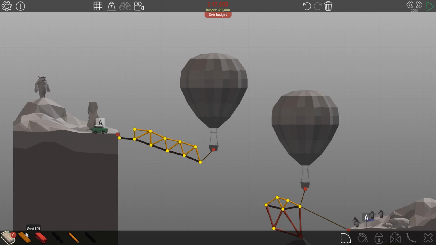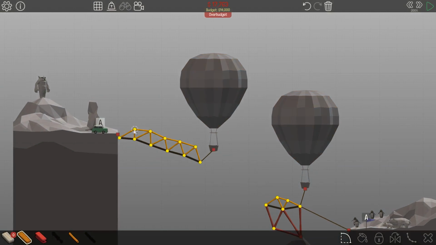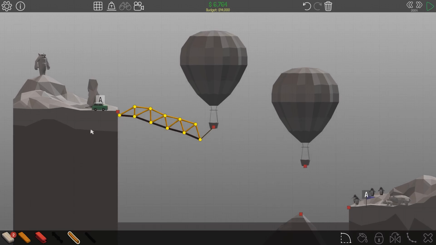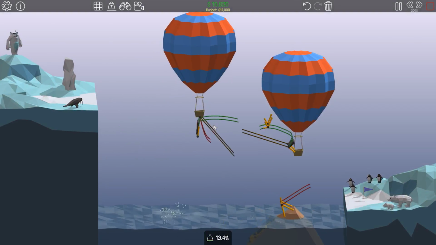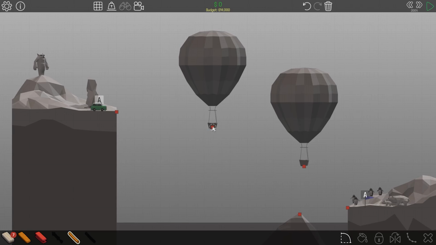I'm sort of wondering, the name of this level is Swing and something. Let's delete all of this first, so we increase our budget. Because I've got the feeling we have to somehow swing the road across, or swing the car across. But how we would go about doing that, I don't know. Unless we have to...